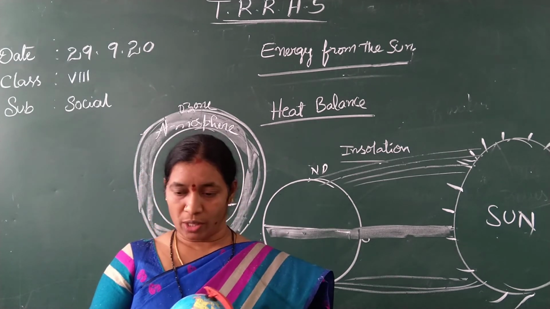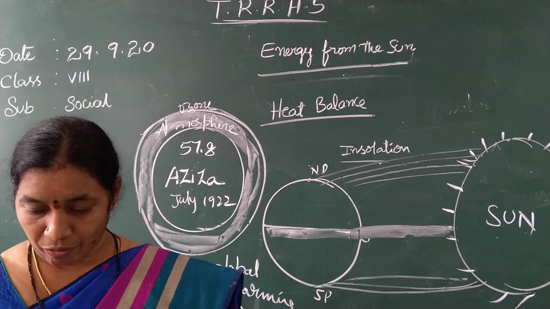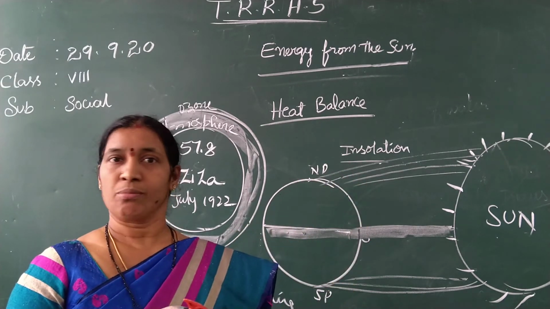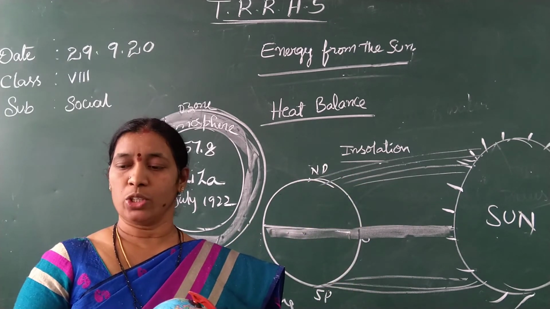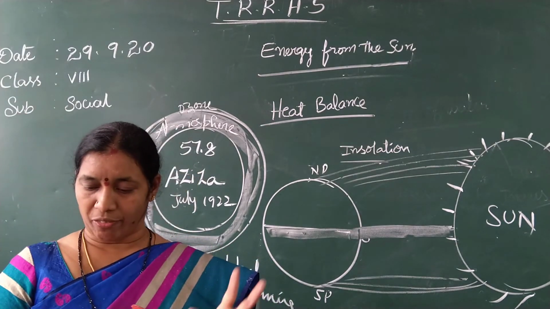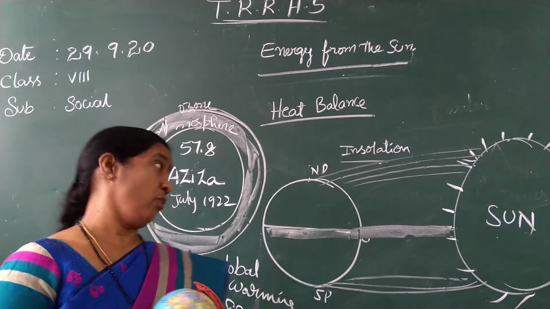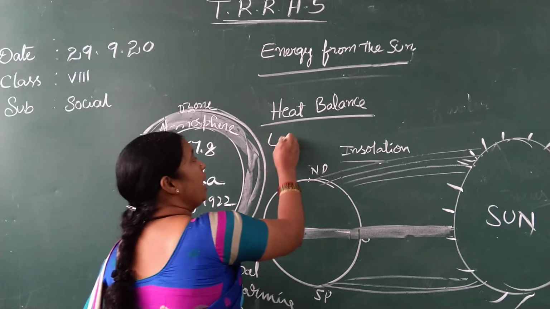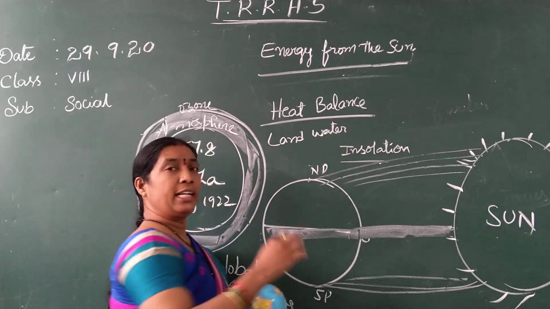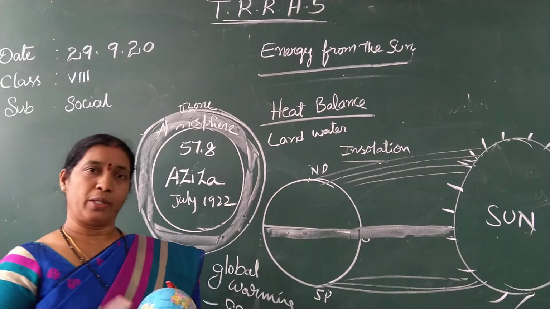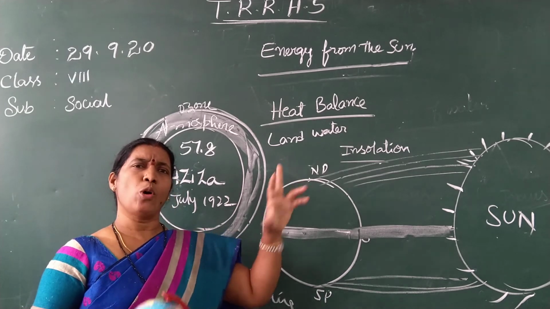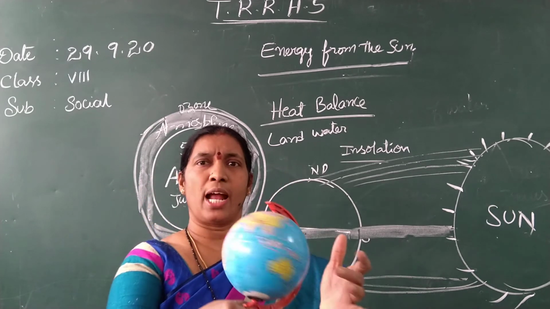That is one of the important things. It reflects more, and then it will heat the Earth more. Because of that, we should not cause global warming. Can you tell why there is a difference in the heating of land and water? There is one more thing, the land and water relationship, which I already mentioned. Both are on the Earth: oceans and land.